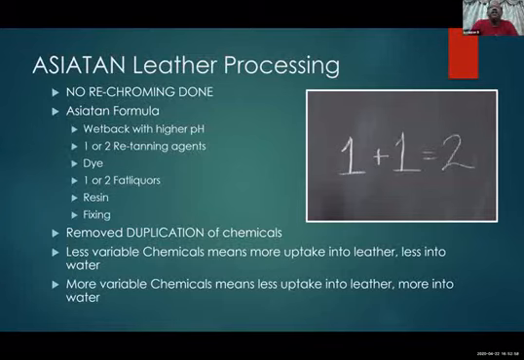If it goes into the leather, we can feel the leather and see the water is more clear, then I think no problem. If the color of the water goes darker, definitely the chemical you are adding more is not going into the leather.